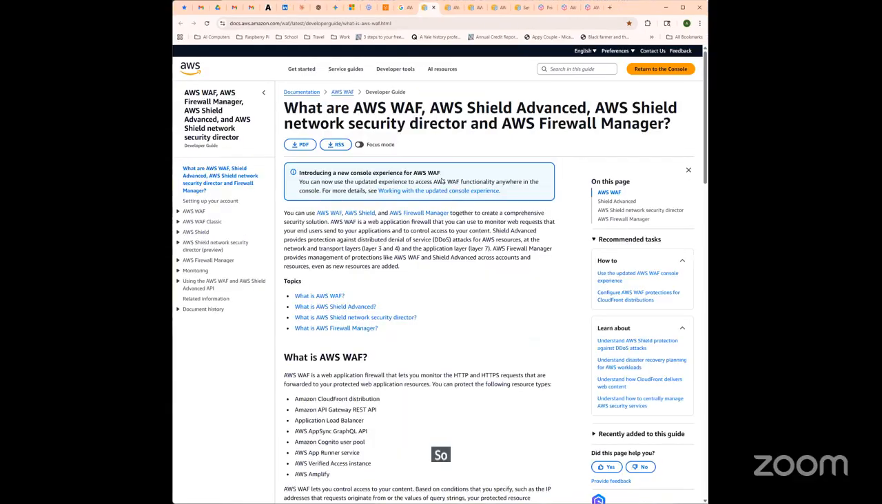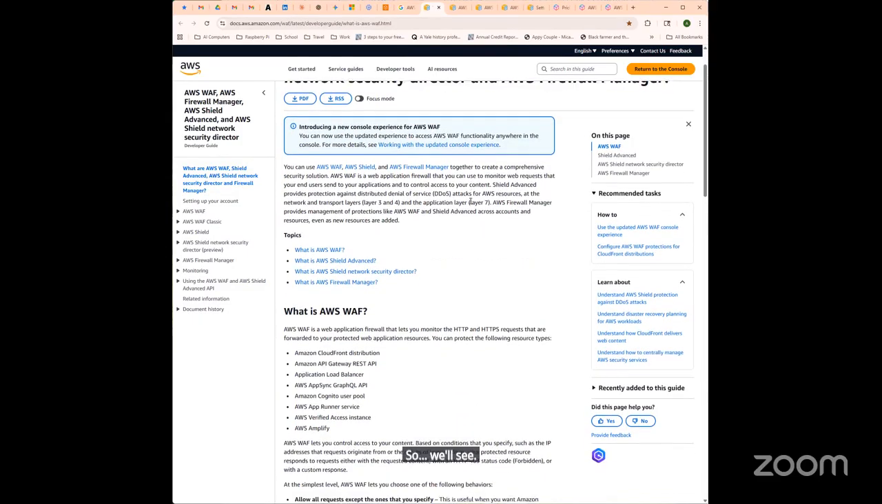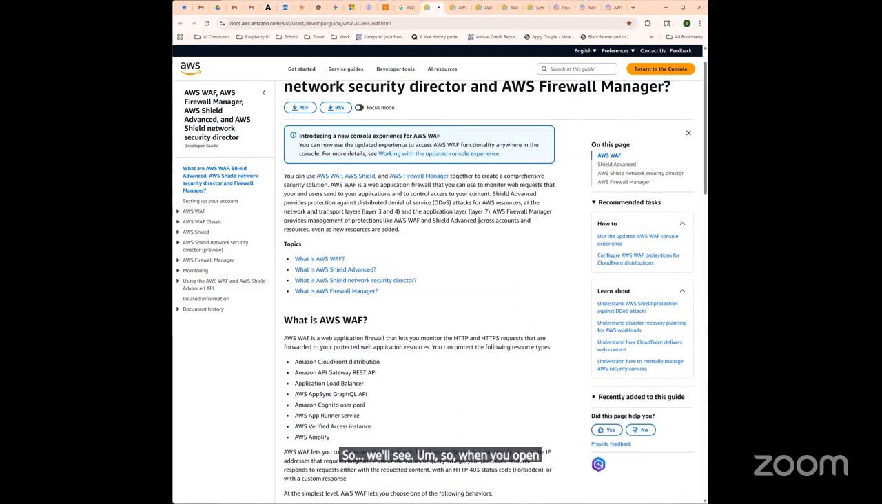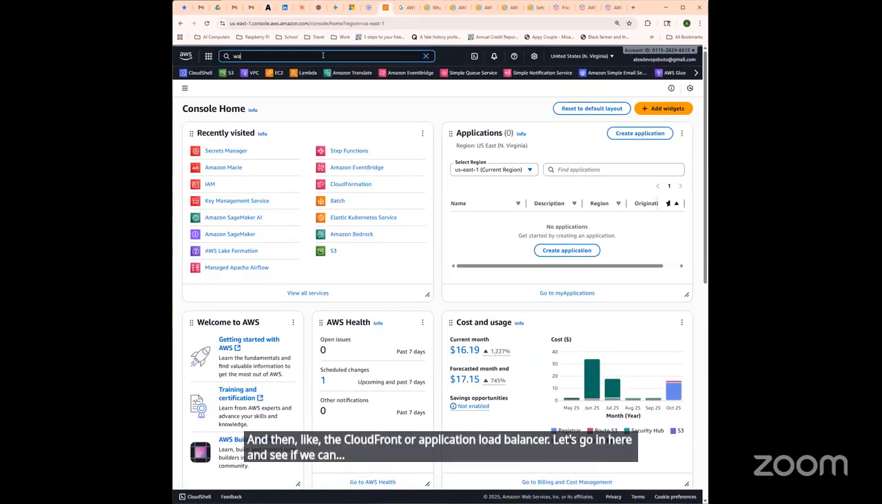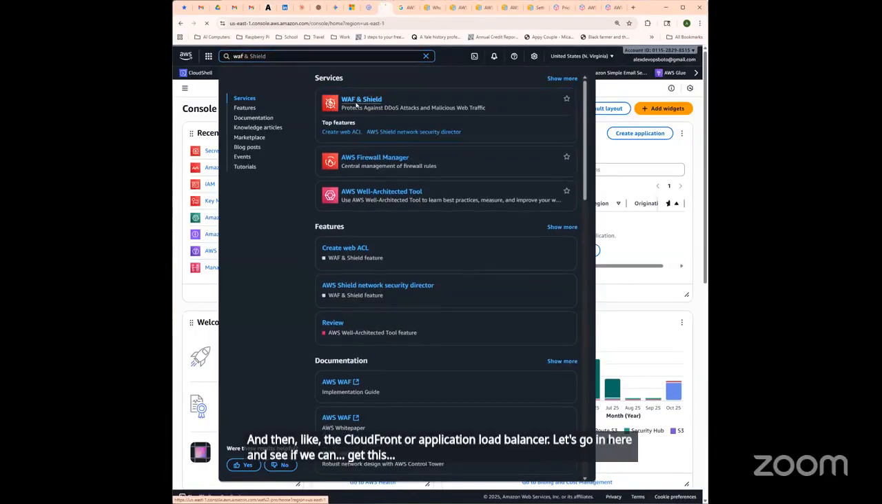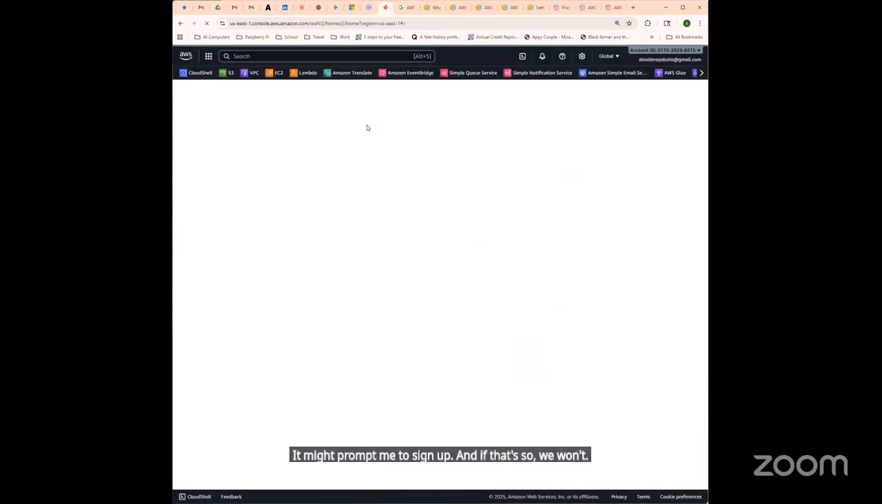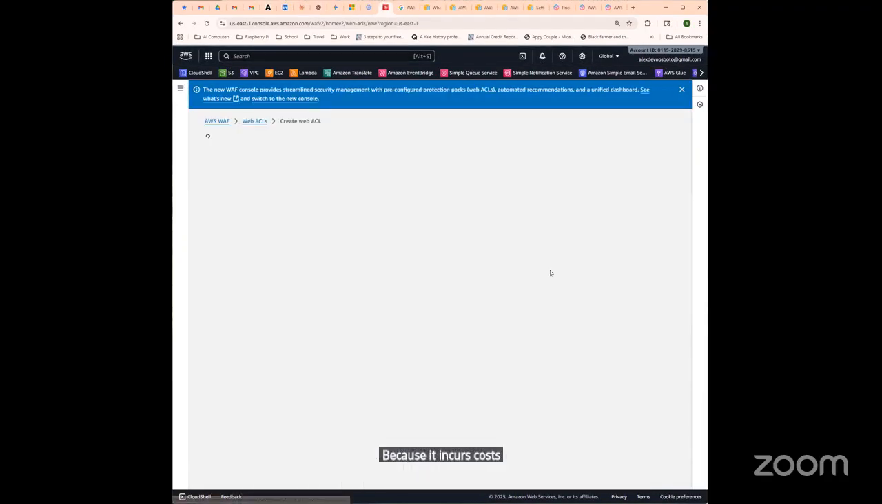So let's see. When you open the WAF console, you can choose the web ACLs and create a web ACL, right? From here, you can enter the name, select the resource, like the CloudFront or application load balancer. Let's go in here and see if we can get this. It might prompt me to sign up, and if so, we won't because it incurs costs. Yeah, so we can create this